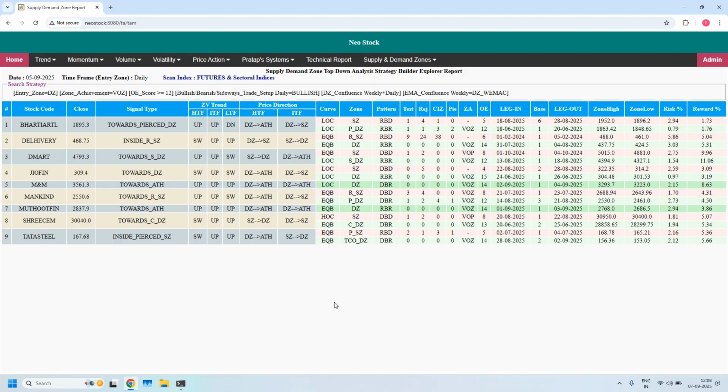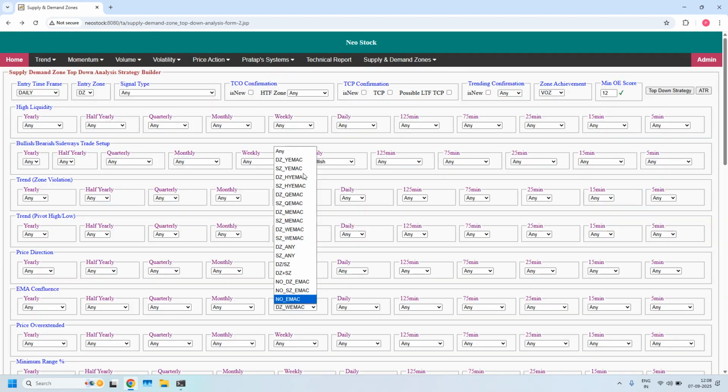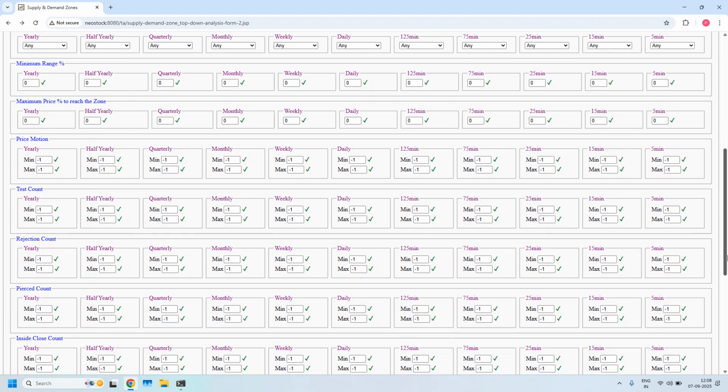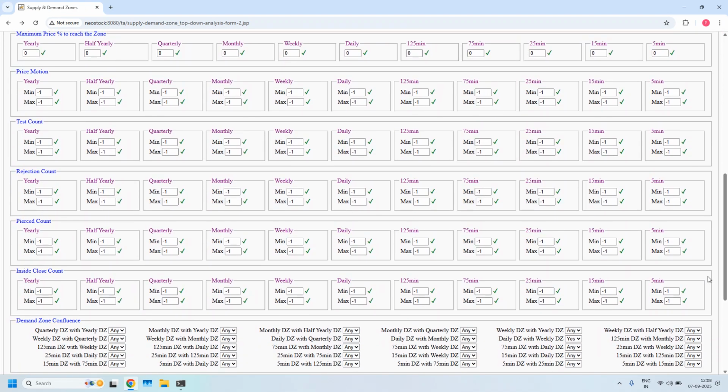Next strategy is LTF, ITF and even HTF demand zone confluence supported stocks. That is daily, weekly and monthly demand zone confluence supported stocks. I'm going back, removing the ITF EMA filter. Now in the demand zone confluence, I'm adding 3 filters. First filter is already enabled, daily and weekly. Next, daily and monthly, weekly and monthly demand zone confluence. With all the 3 filters,